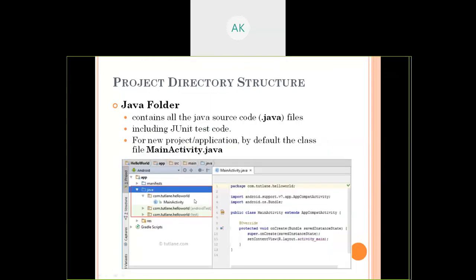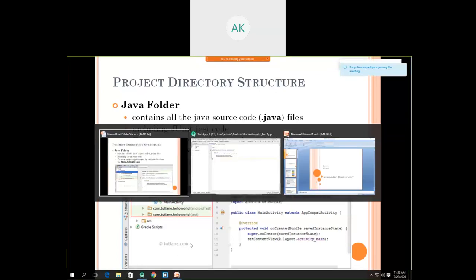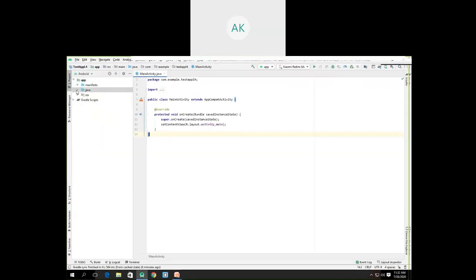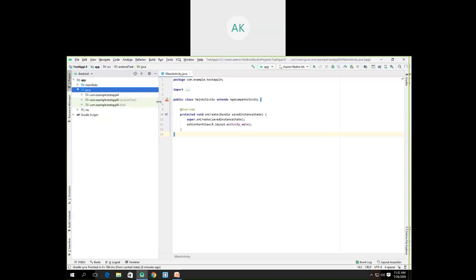Now we started getting familiar with each folder. We said that the Java folder consists of the business logic. If we look at the Java folder here, we can see three subfolders available: com.example.testapp, com.example.testapp, and com.example.testapp.